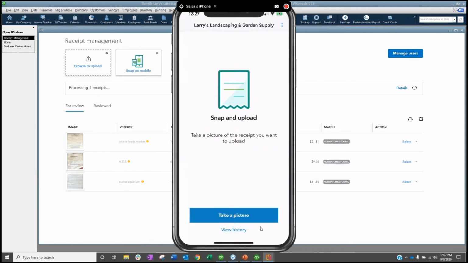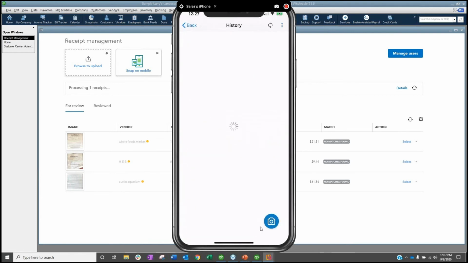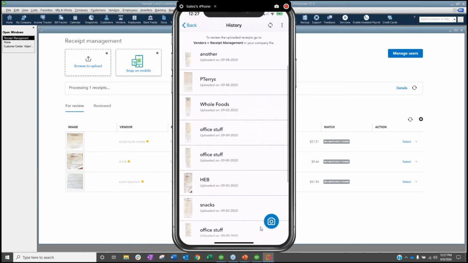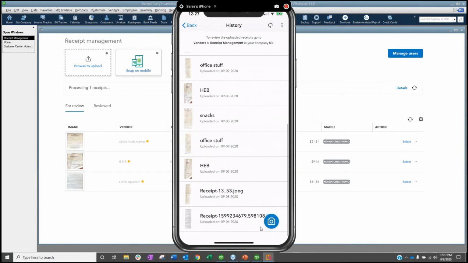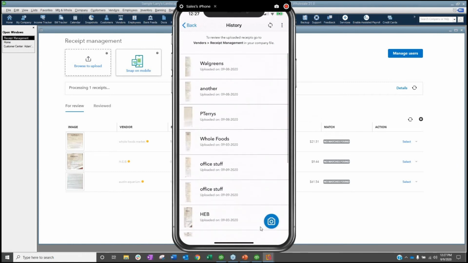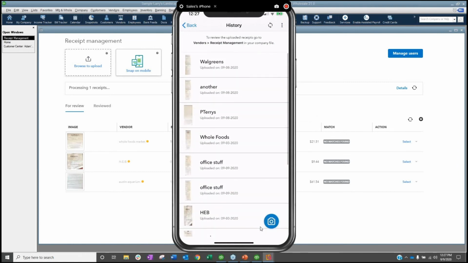Now in here, the last little bit that you can do is you can click on view history, and then you'd be able to see any of the other things. You can see how many times I've tested some different stuff in here. All the other receipts that you have uploaded, you'd be able to see them in here as well. So very basic, should be very simple to train users, right? How to use this and take advantage of it quickly in our businesses.